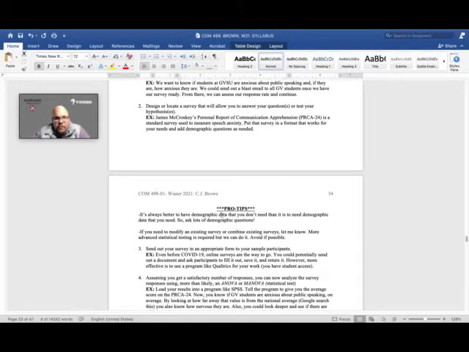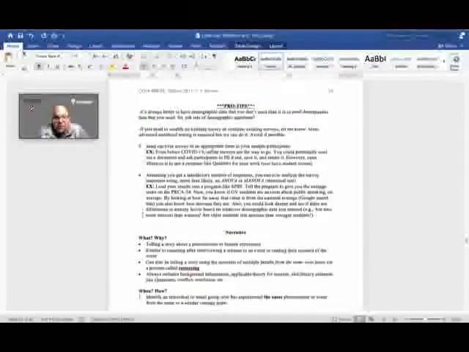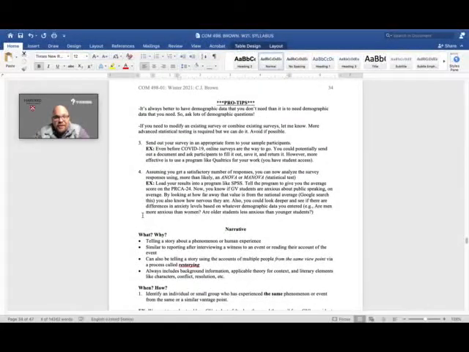So pro tip here, it's always better, as I mentioned before, to have as much demographic data as you can get. It's better to have it and not need it than to need it and not have it. So, you'll want to make sure that you ask all the questions you can. Where it can get a little tricky is to ask these demographic questions in the right way. So for example,